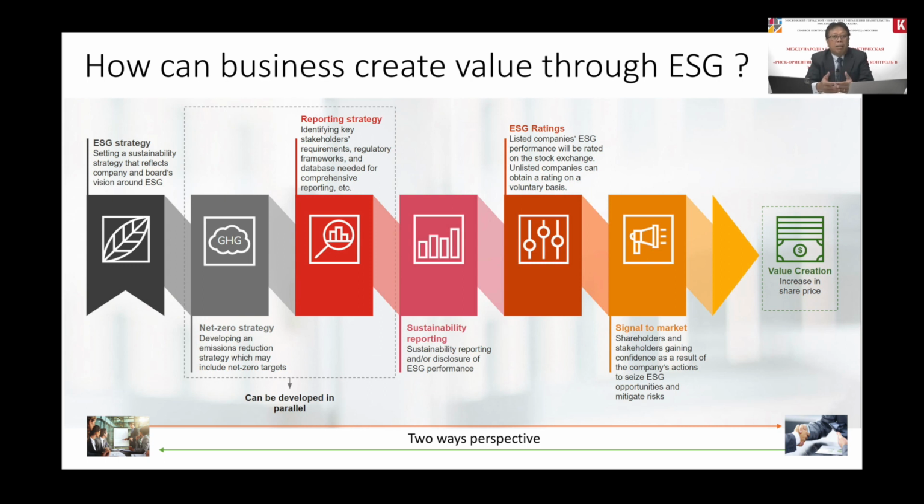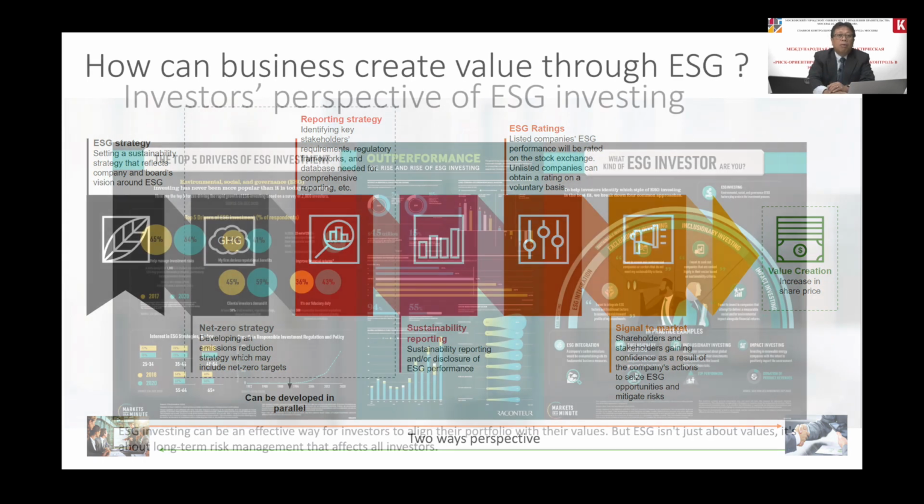By having them in place, the company will be able to provide sustainability reporting and or disclosure of their ESG performance to increase the ESG rating as a positive signal to the market. Once the positive signal is received by the investor, they will be more confident about the company's action to embrace ESG and therefore willing to pay a higher share price. We call it value creation. Now, moving to slide 4,